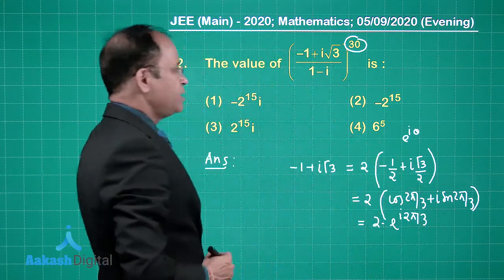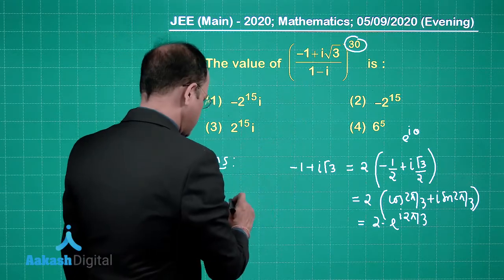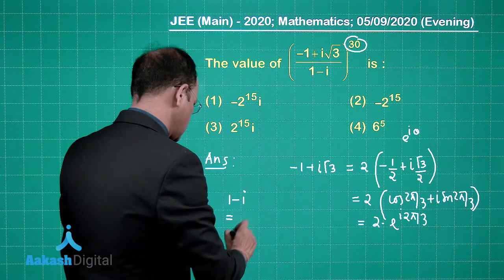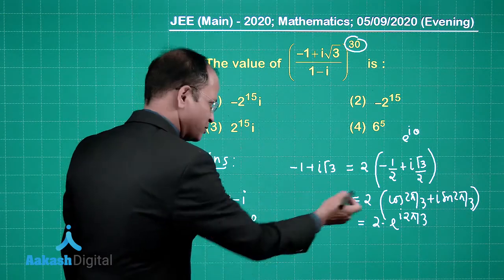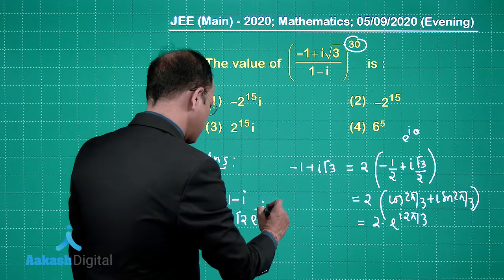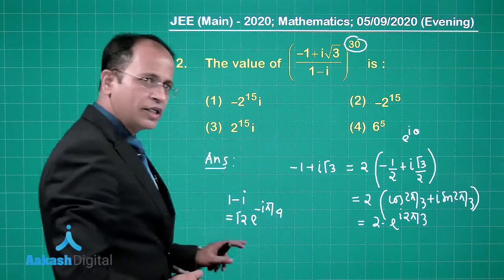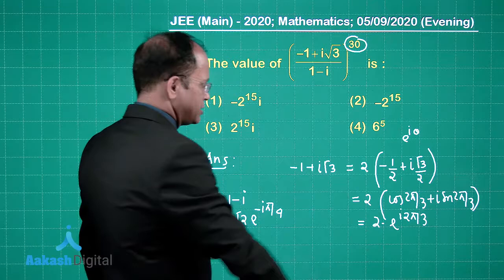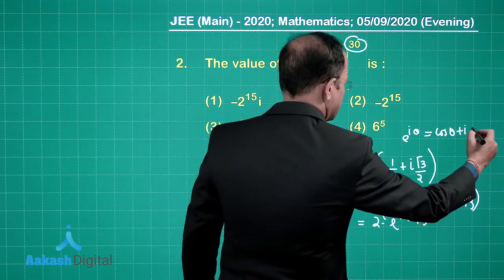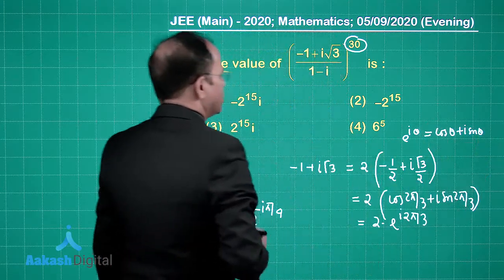Got it? Similarly, if I talk about 1 minus iota, we have root 2 and this is coming out the same way. We can write this as minus iota pi by 4. So this is the Euler's form we have, right? That is, e raised to the power I theta is nothing but cos theta plus iota sine theta. Got it? Now what we can do, we can just